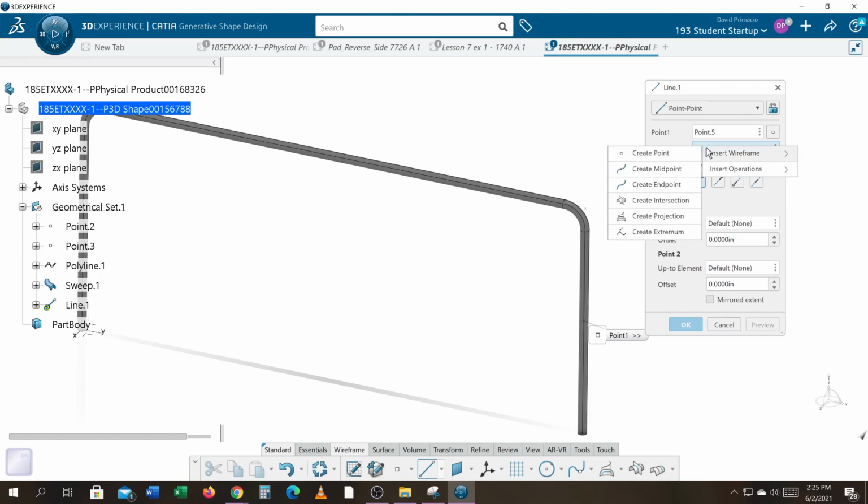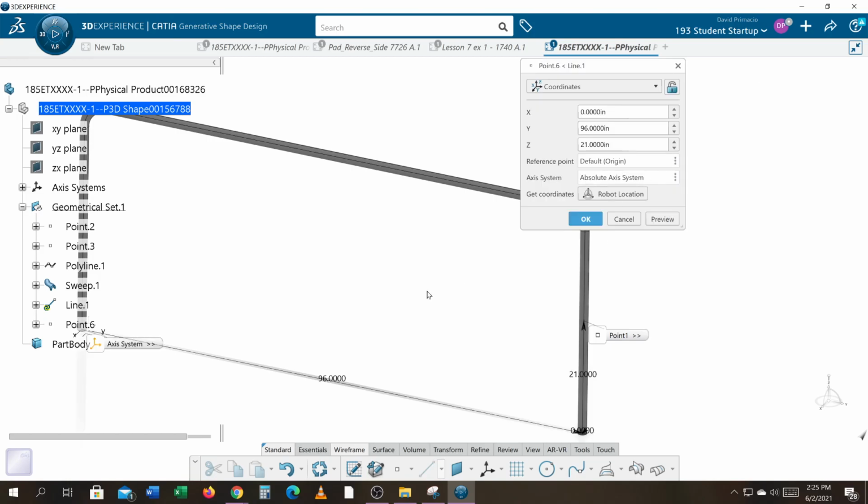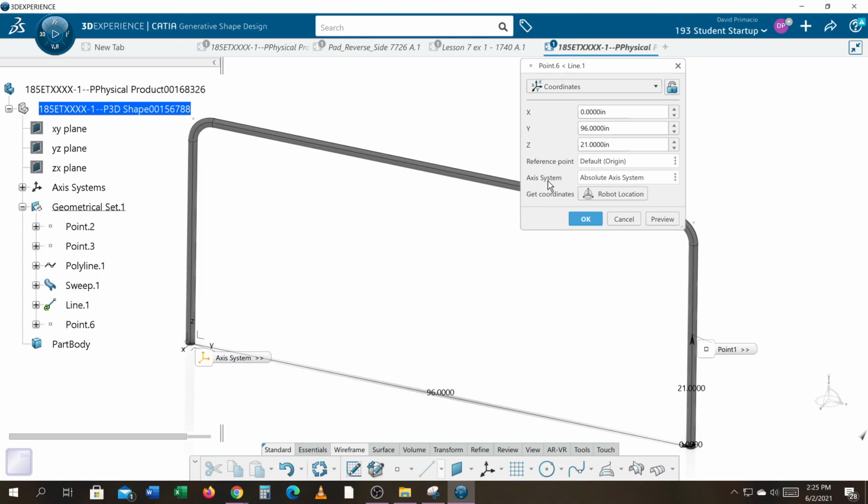And then for the second point, create another point using the common tools and go to 0 inches in Y. Select OK,